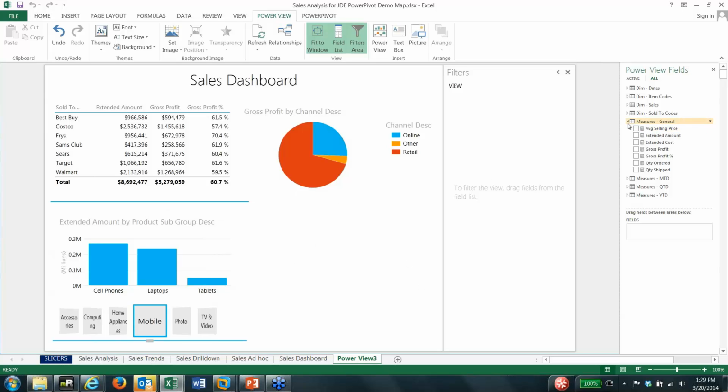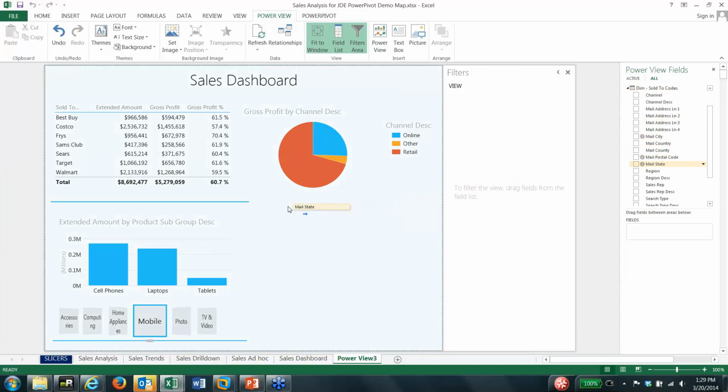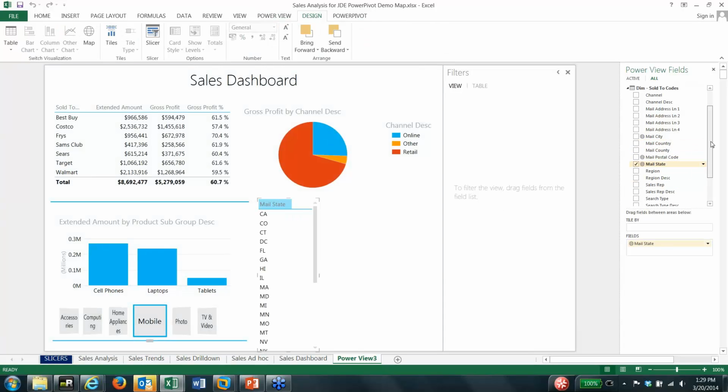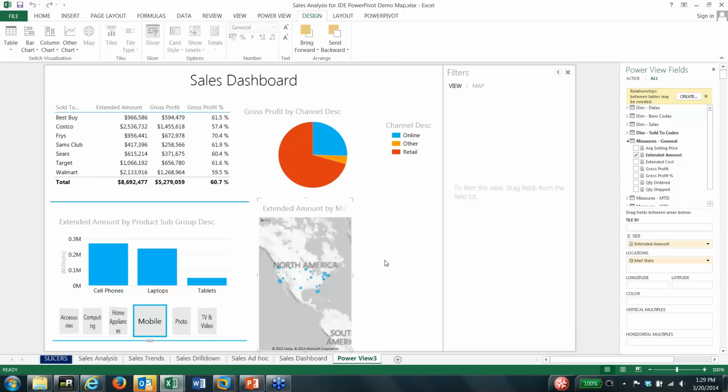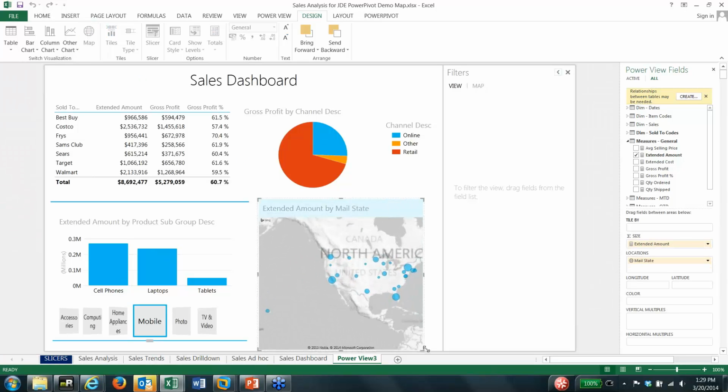So if we go back to our sold to codes, I'll grab my mail state, drag that in, and let's go ahead and look at that with our extended amount as well. Okay, and if we go in here, I've just got this selected and choose map,